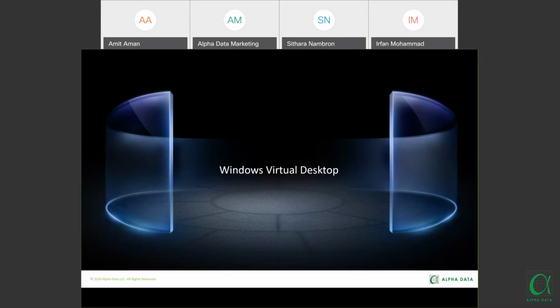All the infrastructure services such as brokering, web access, load balancing, management, and monitoring are set up for you as part of the control plane offering. It also gives you access to the new Windows 10 Enterprise multi-session operating system.